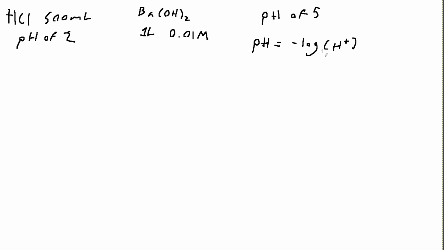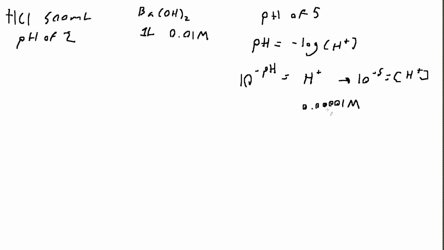And therefore, if we take 10 to the power of each side and divide out the negative, 10 to the negative pH equals H+. And so 10 to the negative 5 is the concentration of H+ that we want in the end. Okay, so that's 0.00001, I believe that's the correct number of zeros,